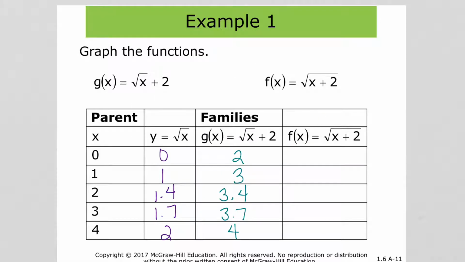Then we'll look at f of x, which is the square root of x plus 2. So what we're doing here, you can see how I was saying if it's on the outside, we're going to move up or down. If it's on the inside, that's with the square root, that's when we're going to move right or left. So this means that we're moving to the left, remember opposite,